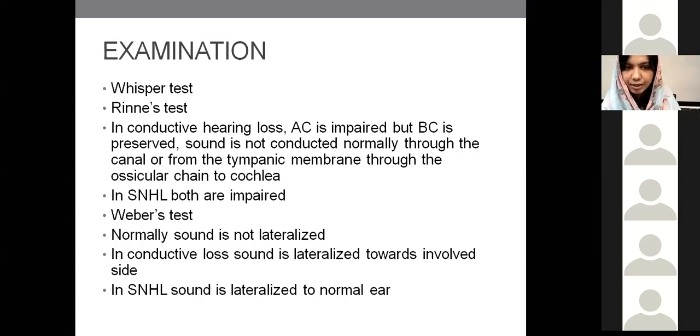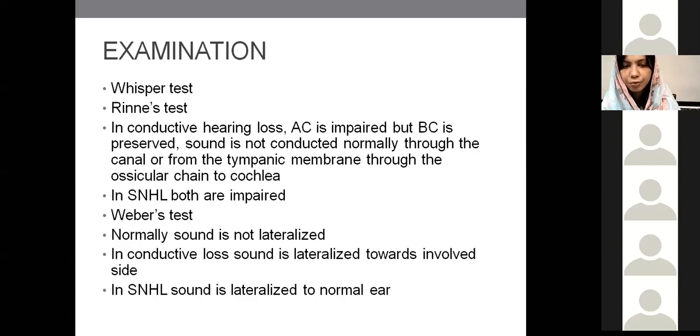Rinne's test. Rinne's test is basically a test for checking the vestibulocochlear nerve. What is the rule for Rinne's? Rinne's says air conduction is better than bone conduction. So what you have to do, you have to strike the tuning fork and keep it on the temporal bone. और पेशेंट से आपने पूछना होता है कि आपको ये झुंझुनाहट फील हो रही है या नहीं हो रही है. जब वो कहेगा स्टॉप हो गई है, उसके बाद आप पूरी ट्यूनिंग फोर्क एयर के सामने रखेंगे and then you have to ask the patient कि अभी आपको फील हो रही है या नहीं हो रही है साउंड. ठीक है, तो the rule is the air conduction is better than the bone conduction. Patient should appreciate that the air conduction is better than bone.